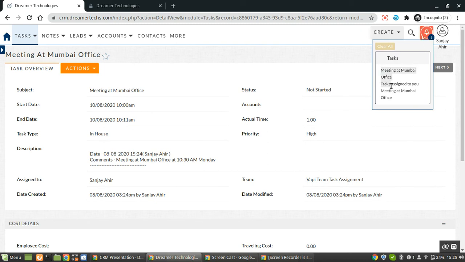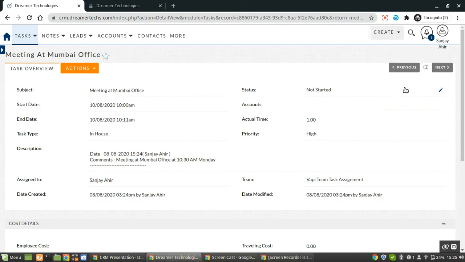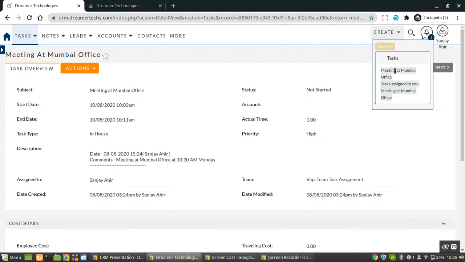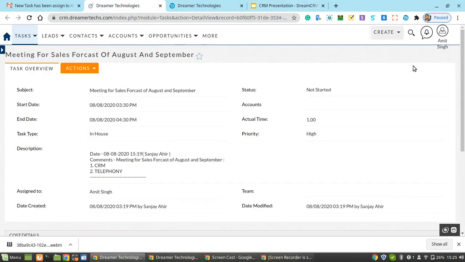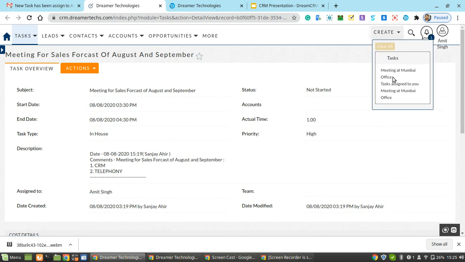You can see the detail of this notification. In parallel, if I go to the user Amit, you can see the same notification on Amit's notification.